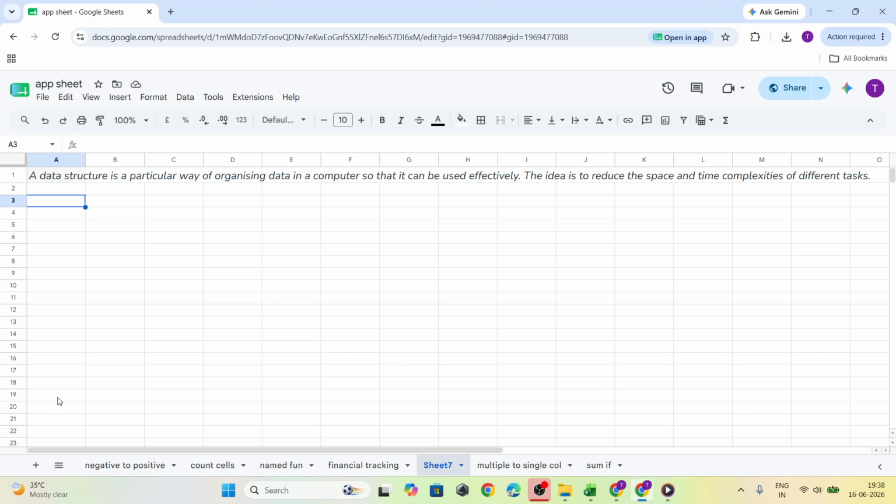In today's video, I'm going to teach you how to separate a text string into columns in Google Sheets. If you have a list of text values all sitting in one column and each value contains pieces of information separated by spaces, commas, or other characters, Google Sheets makes it very easy to split that content into multiple columns automatically. This is especially useful when you're working with imported data, copied lists, or names and values that need to